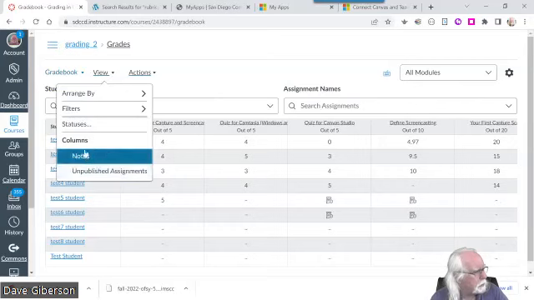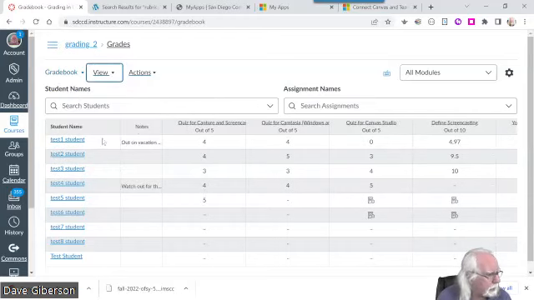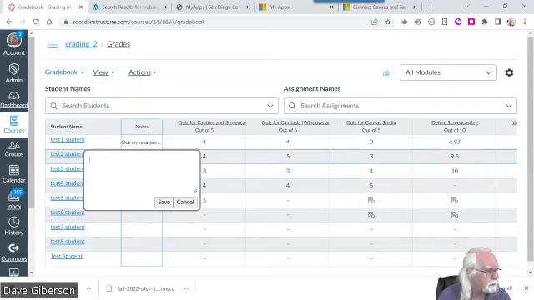There are also a couple of column modifications you can make in the gradebook. A particularly useful one is a notes column. This is not visible by default, but if I select the notes column, I get, just to the right of the student names, a notes column where I can type anything I wish. I just click on the cell, and let's say test student is